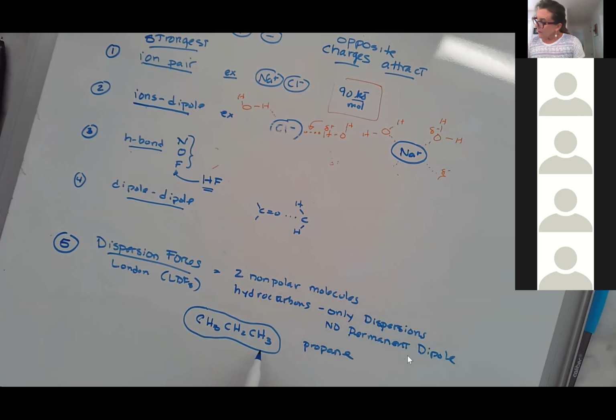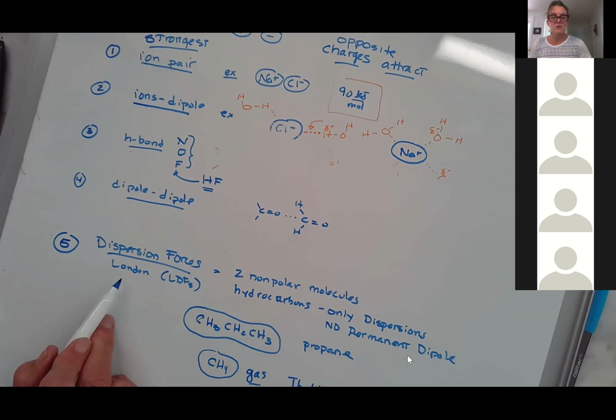And so the example that would be similar in size to formaldehyde would be methane. Is methane a liquid or a gas at room temperature? Methane. It's natural gas. It's what comes out of your stove. So it must be a gas at room temperature, which means the boiling point is really low. It only has dispersion forces for the molecules to stick together.